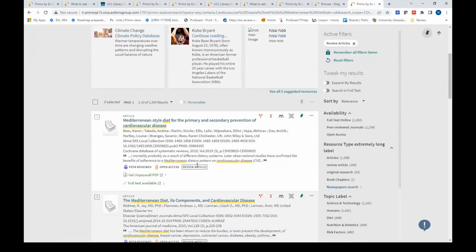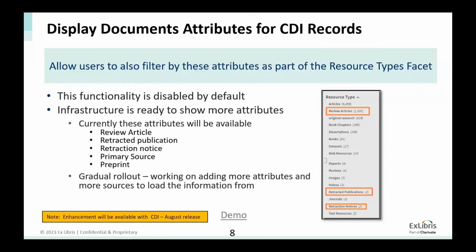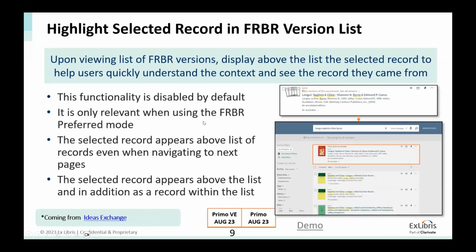This is actually what I wanted to share regarding the CDI document attributes. Let's move on to the second one: selected record in the FRBR version list. Here,